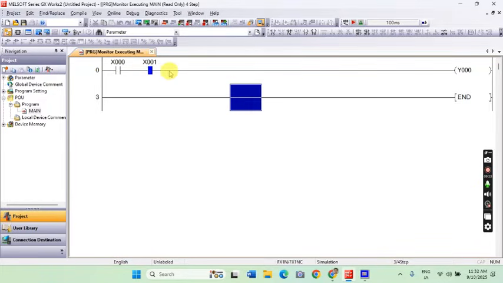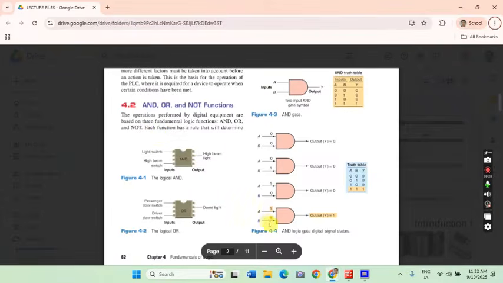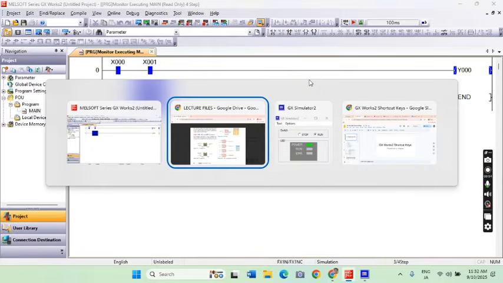So still nothing happened even if our switch 2 is toggled, because again, the condition for the AND gate is that both the inputs must have a signal of 1, or in this case, both the inputs must be switched on. So now we switch switch 1 and then switch 2, and then we notice that the light bulb is turned on.